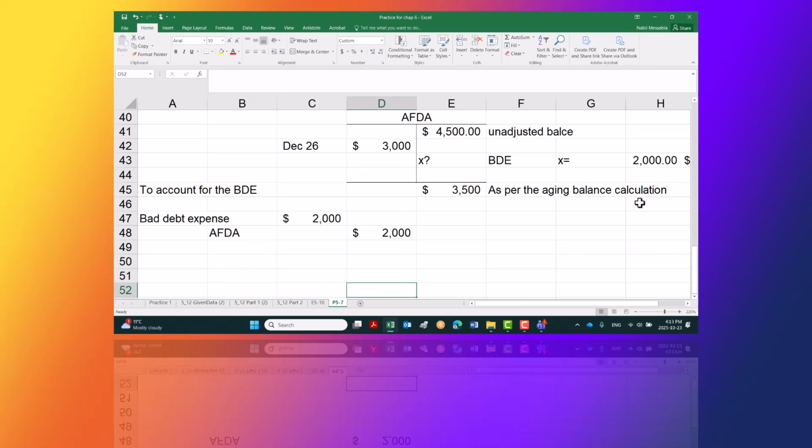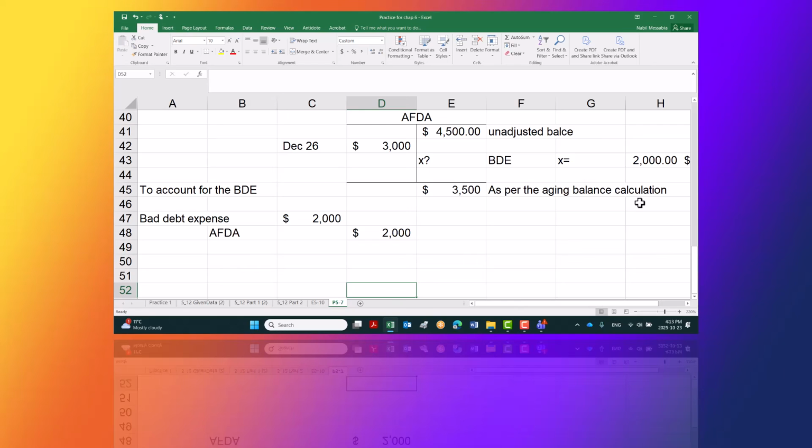The gross amount is what we have calculated, $61,000, minus the expected risk of non-collectability. This is what the aged balance gives. The aged balance,